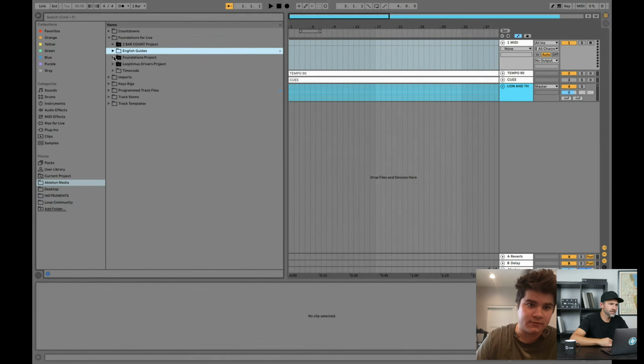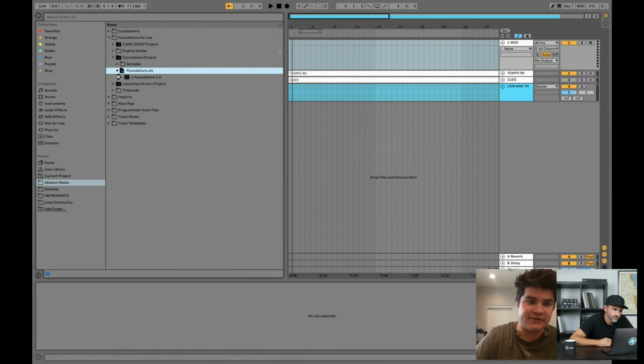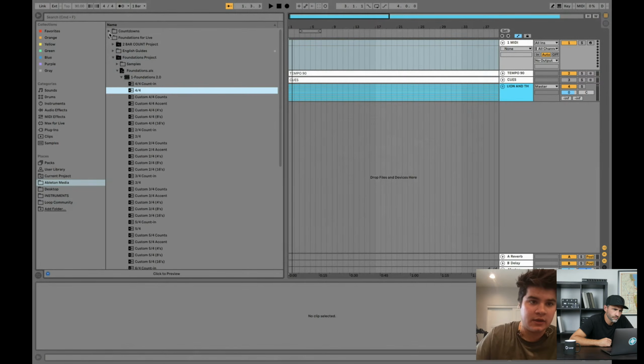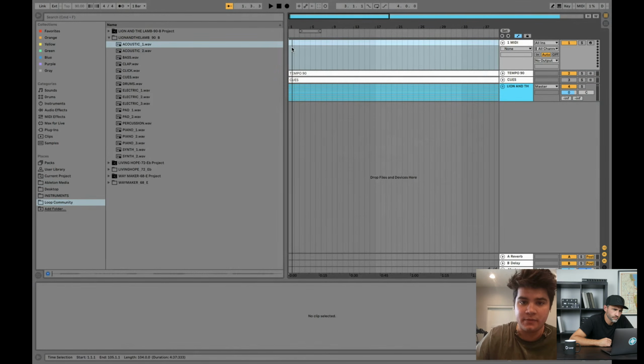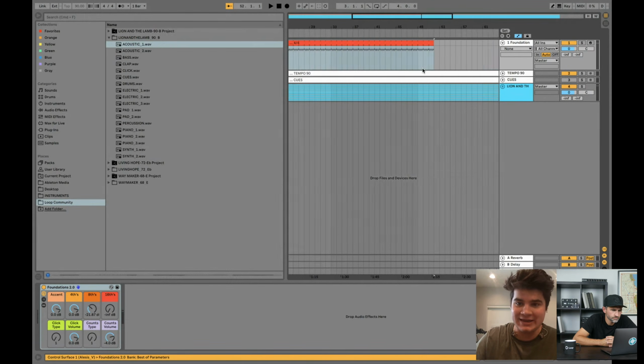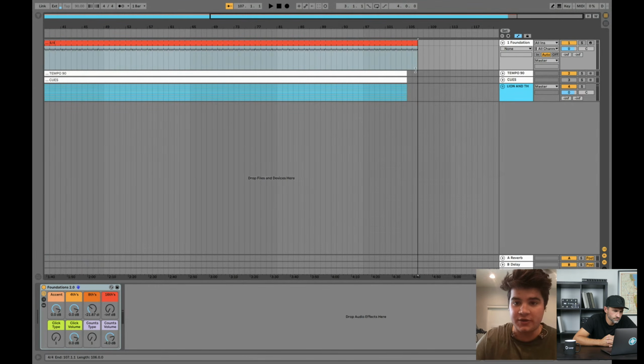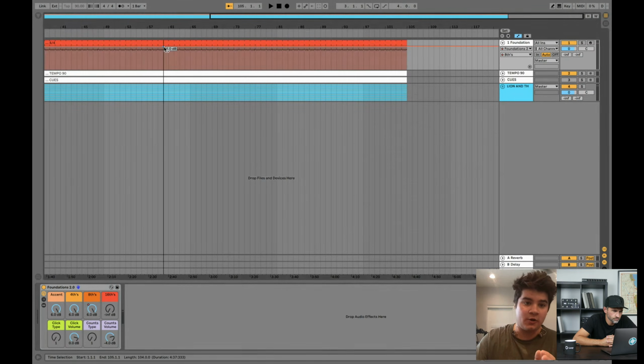And you don't use the built-in click in Ableton? So we've got this built-in click, and it's great. It works. But what I have just gotten used to is I use these foundations. And I'll just throw them in, and you just can load them into a simple MIDI channel. Do you do that just because you like the sound of them? I like the sound of them, and you can change the sound of them based on who you're playing with. Like I've had a couple drummers that are super solid and strong, and they don't want to hear that.